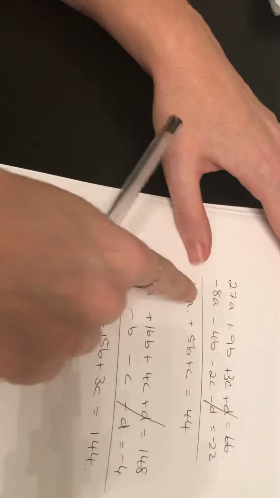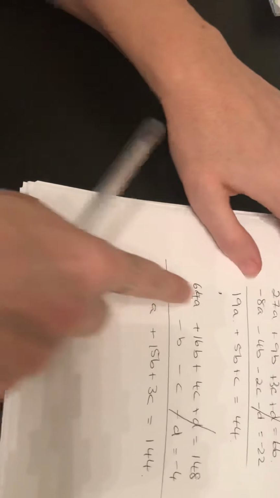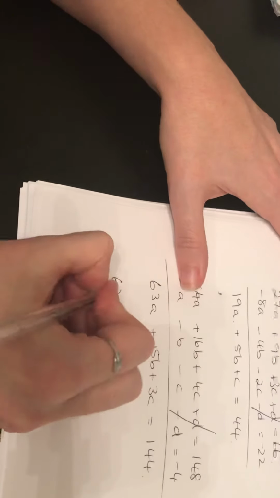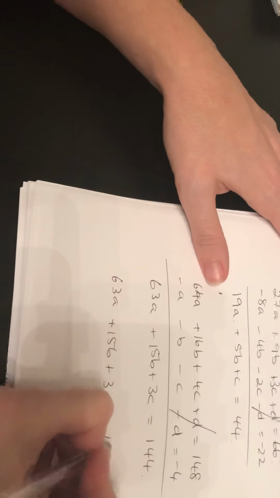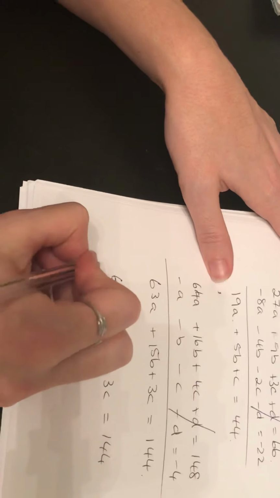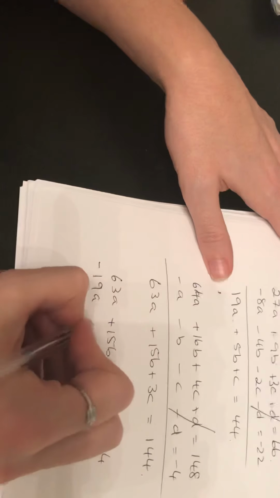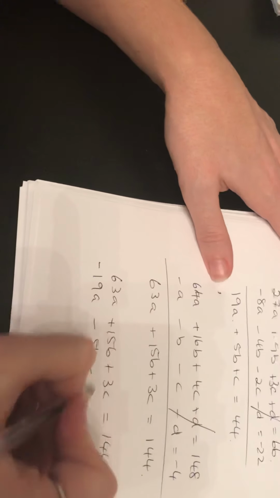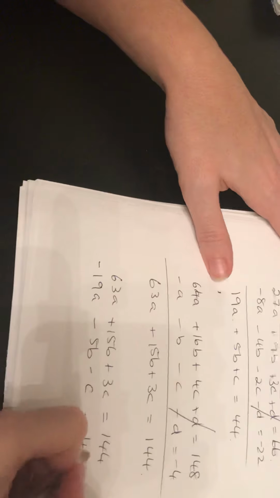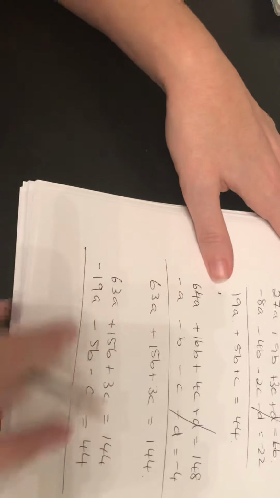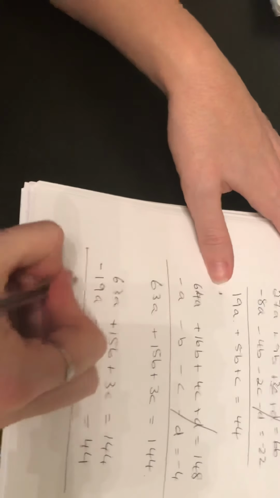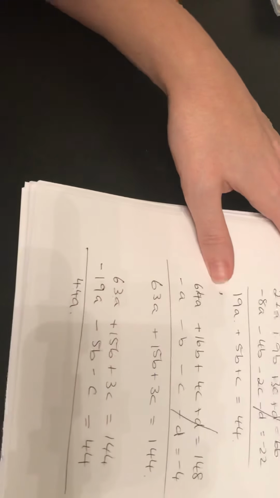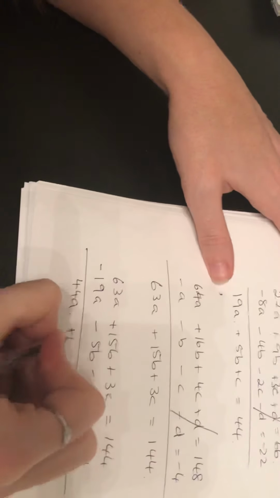I'm going to take these two lines now. I'm going to leave this one as it is, 63a plus 15b plus 3c is equal to 144. And I'm going to multiply this by a minus. That is minus 19a minus 5b minus c. Surely there has to be a shorter way of doing this, and there is. So that's 63 minus 19. I end up at 44a plus 10b